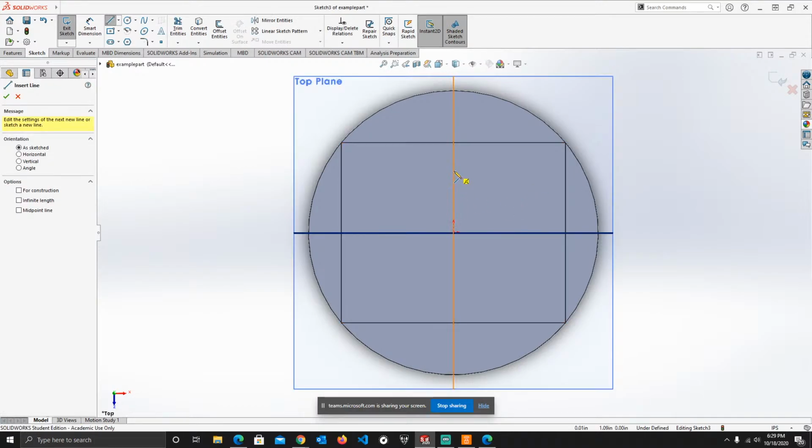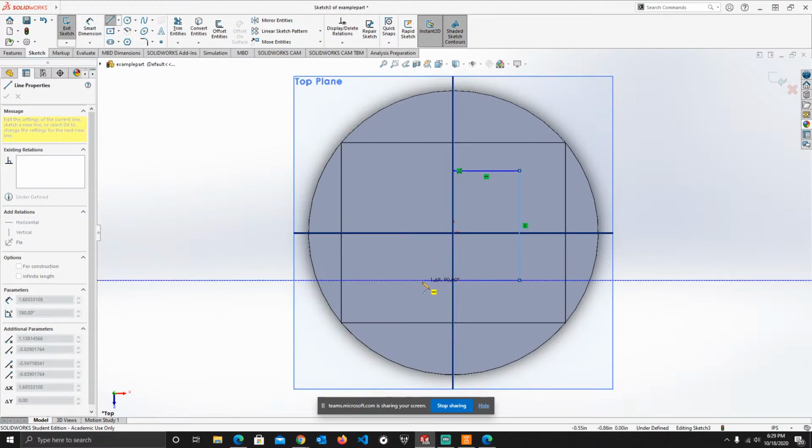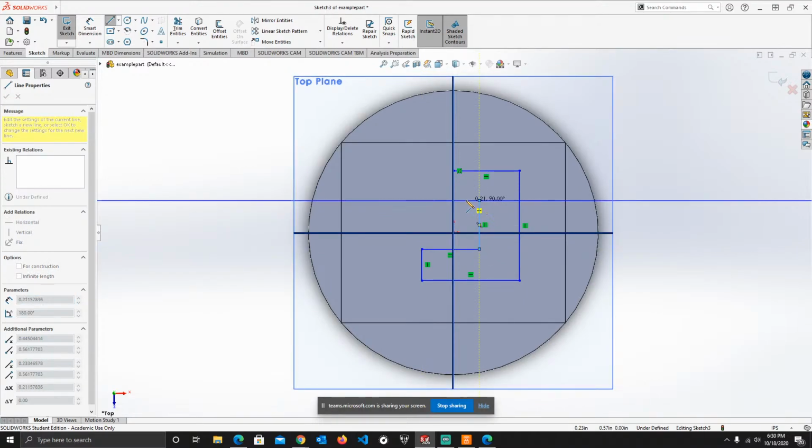I'm gonna go from here, draw a horizontal line, a vertical line up to here, and then another horizontal line up to here, vertical line up to here, horizontal up to here, vertical up to here, and you're gonna notice something right here. All right, right there. So if I move around where I'm at right now, you're gonna notice that it's giving